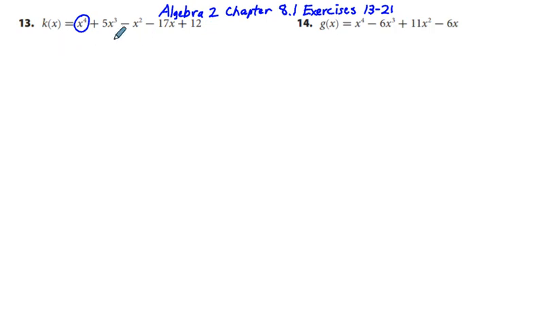And so what we're going to do here is set this function equal to 0 and find the zeros to find factored form. Well, to do that, we're going to use synthetic division